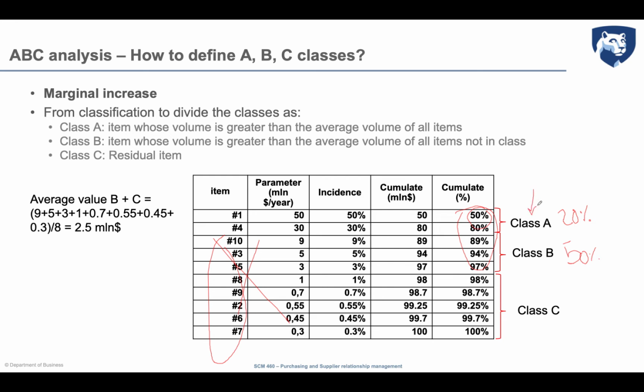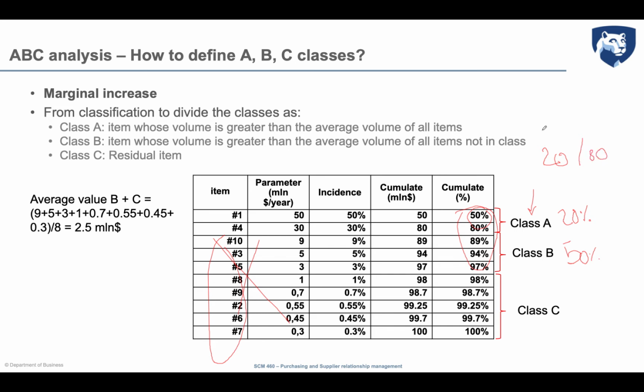If you have even less time to dedicate to this, you can still reduce your effort and just consider Class A categories. Why? Because Class A categories make up 80% of the volume of your spending. And they are 2 classes, so 20% of the total, but just focusing the attention on these 2 categories allows you to understand, improve, and manage better most of your spending because you are considering 80%. This curve is called